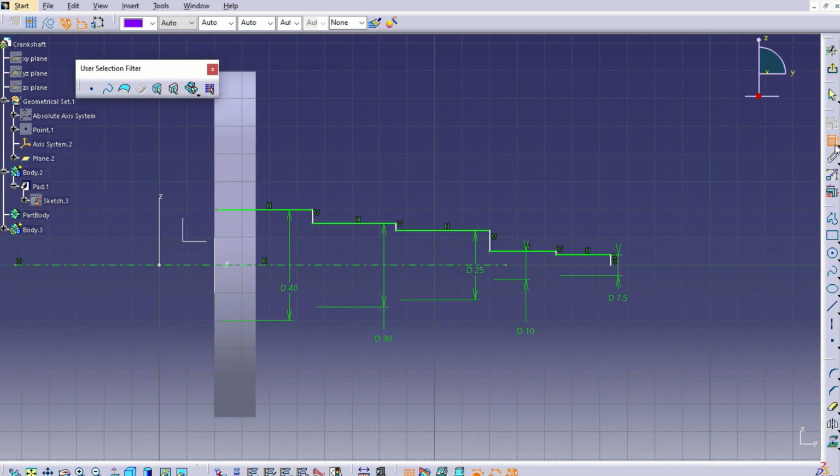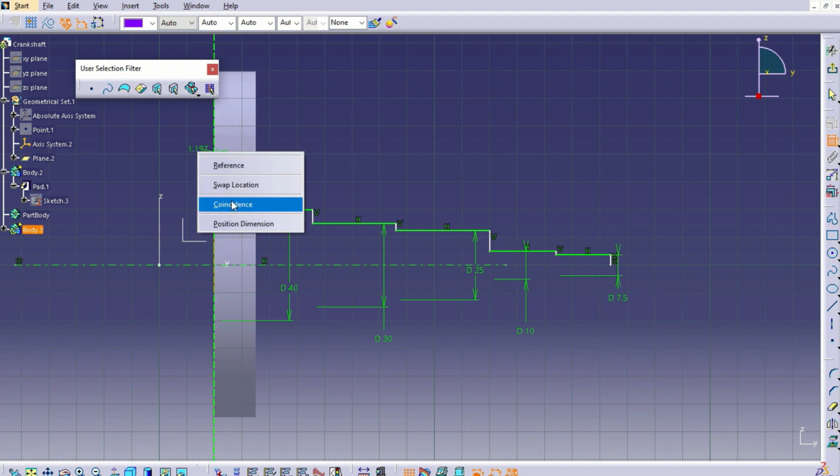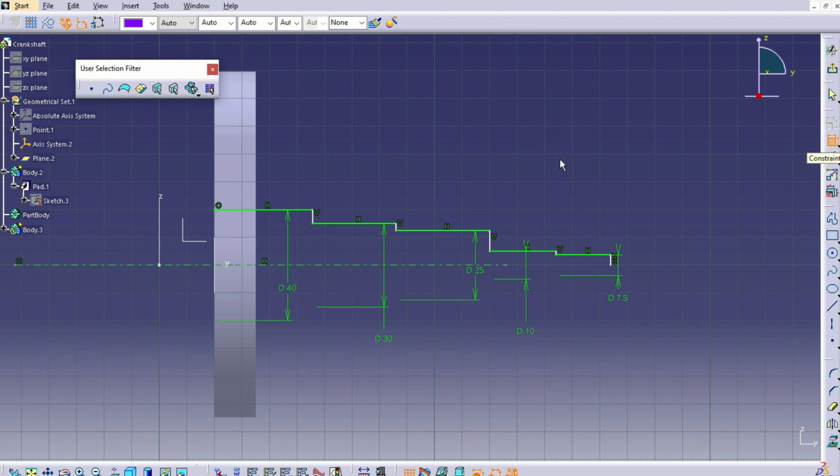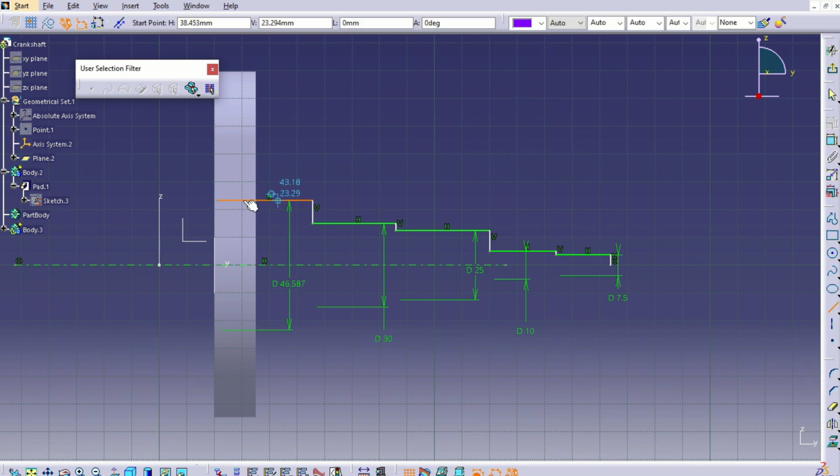Okay, now this distance, let us make these two align coincident. Okay, so draw a line and do it. Let's draw a line to this. Okay, and